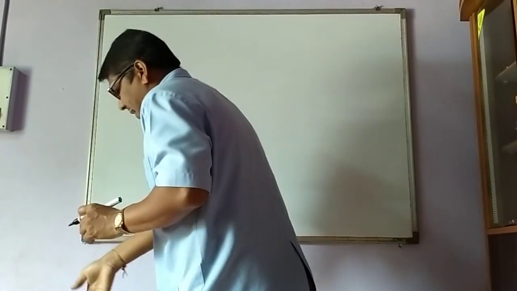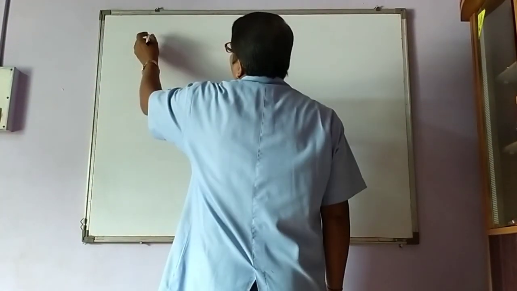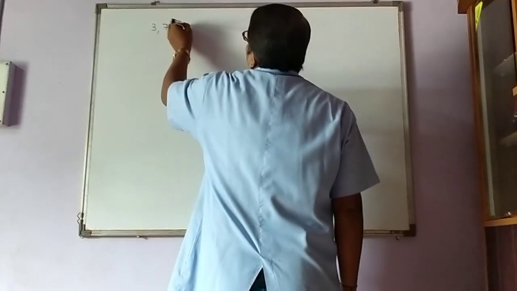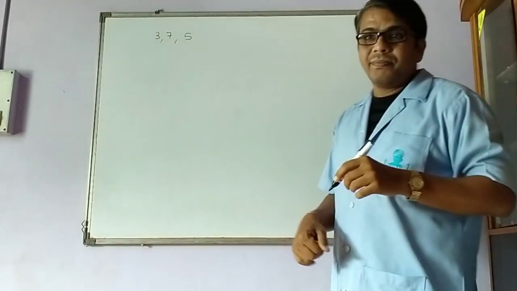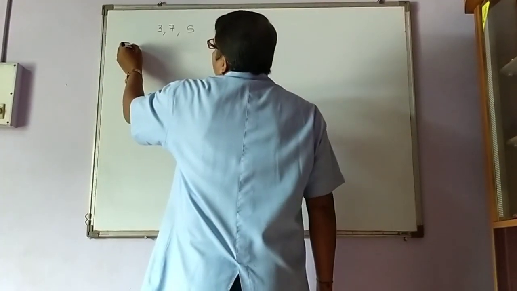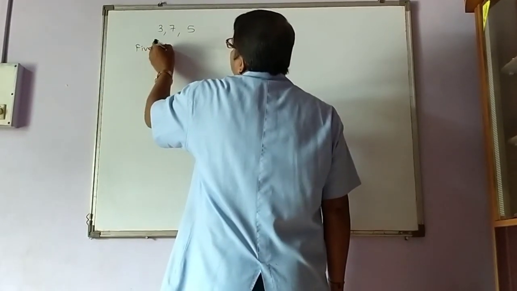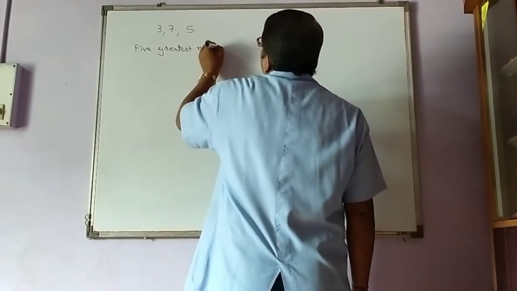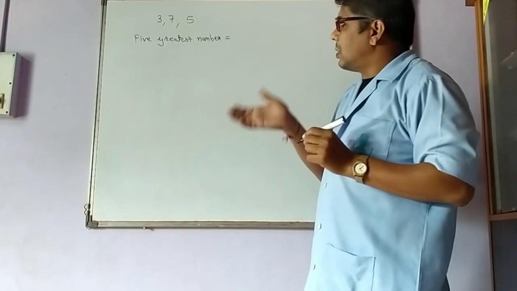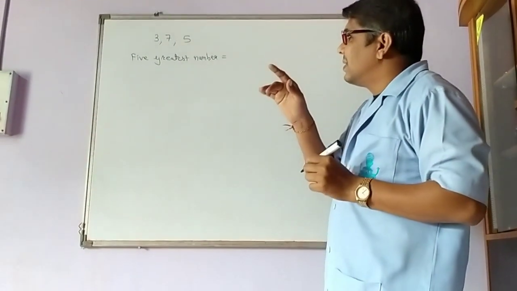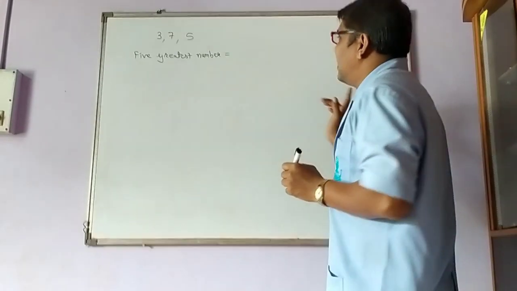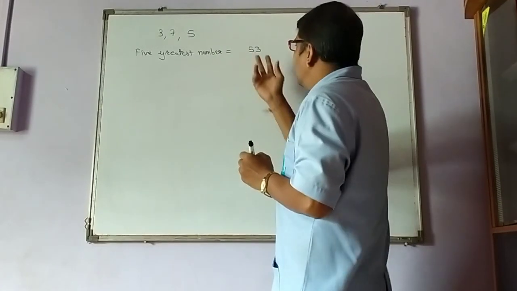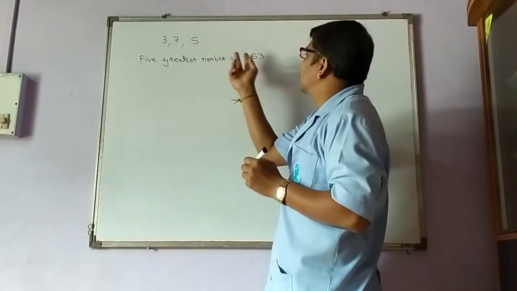Okay, now after this, suppose digits are given and you have been asked to form the greatest and the smallest number. For example, 3, 7 and 5. These are the digits given and you are asked to form the 5-digit greatest number. So if I am supposed to form the 5-digit greatest number, you are supposed to follow the same pattern. What? Descending order. But see here, 3 will come last, then 5. So 2 digits are filled. Now I want 5 digits, so 3 digits are left.